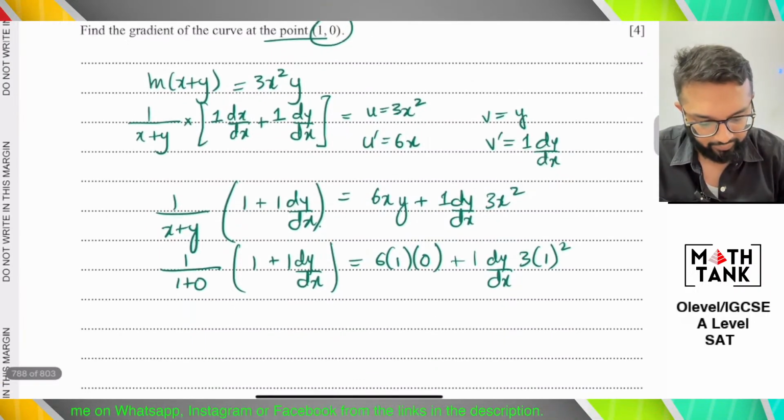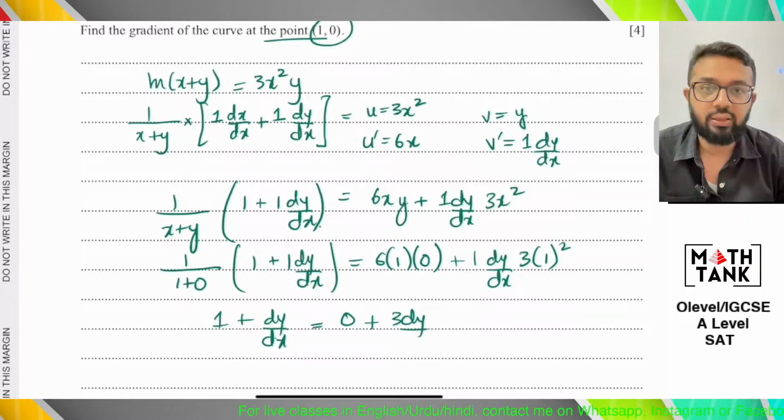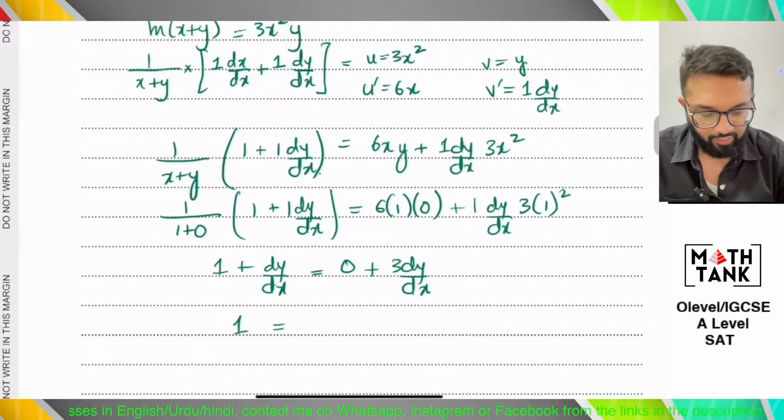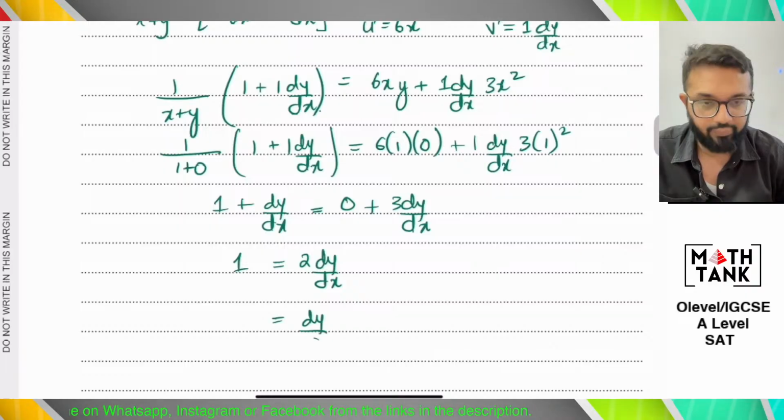Okay, so that gives me 1. So 1 plus dy by dx equals 0 plus 3 dy by dx. So 3 dy by dx minus dy by dx gives me 2 dy by dx. And dy by dx is therefore